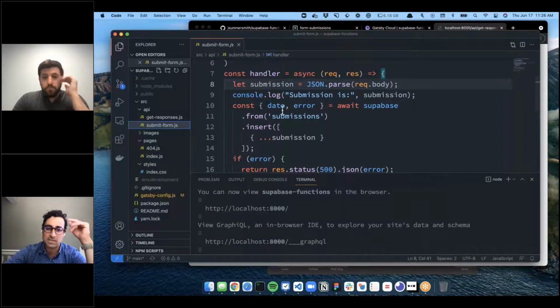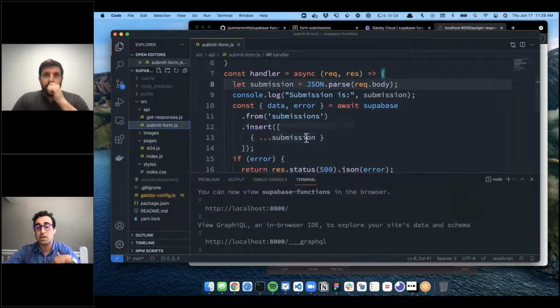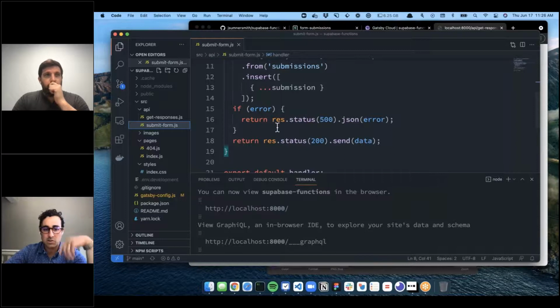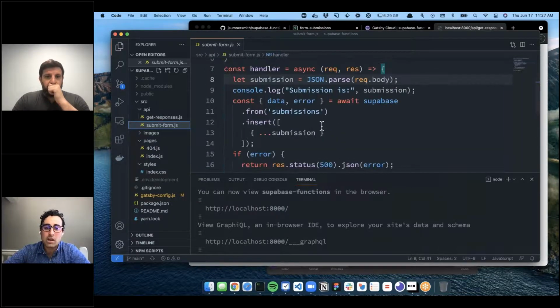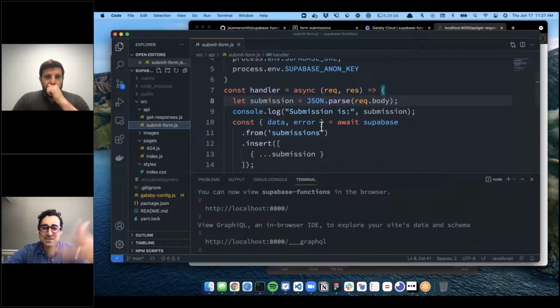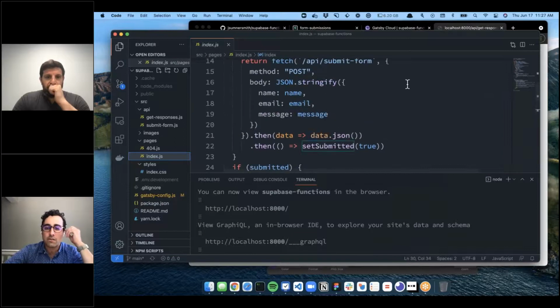I'm actually console logging, so we can see some logging information. And then again, I'm using the Supabase client, but here I'm actually inserting the data that's been sent over to me from across this function. And then again, similar, if error returned, but I'll return the data there. So okay, this is great. We can look at this very similar to the other one, but it's an insert. So then we can use this over in our function file.